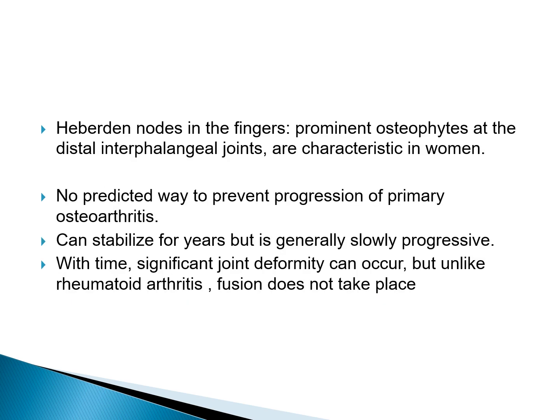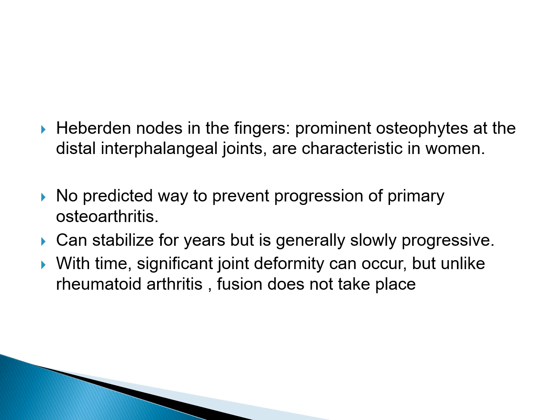Other clinical features of osteoarthritis include the formation of Heberden nodes. What are Heberden nodes? They are osteophytes when they form in the distal interphalangeal joints of the hands. The distal interphalangeal joint is the far joint, the second joint in the fingers. These Heberden nodes form because of osteophyte formation at this site, and this is characteristically seen in females,